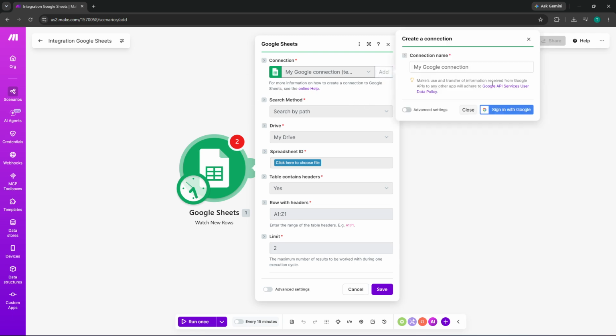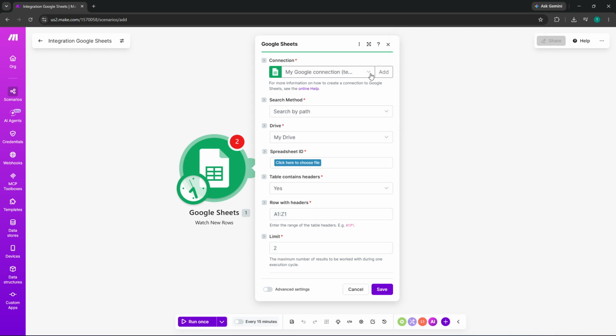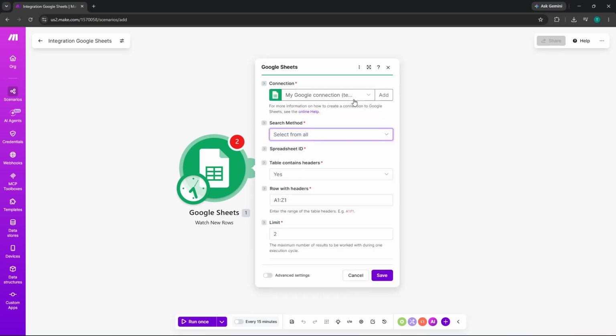Once connected, configure the module by completing the required settings. The fields you see will vary depending on the module you chose, so take your time to fill them in correctly. You'll also need to select the appropriate resource for the module, like a specific spreadsheet, email account, database, or